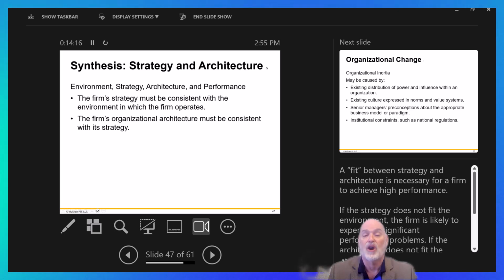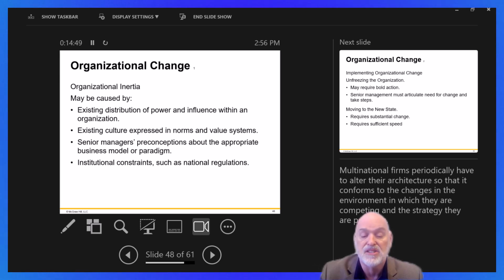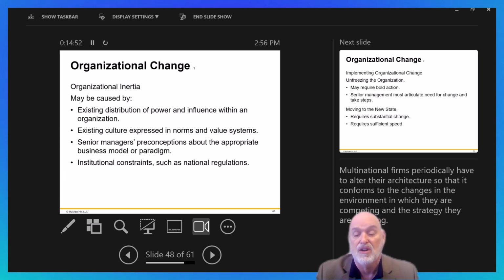Environment, strategy, architecture, and performance. The firm's strategy must be consistent with the environment in which the firm operates. The firm's organizational architecture must be consistent with its strategy. Organizational inertia. Well, it may be caused by the existing distribution of power and influence within an organization, existing culture expressed in norms and value systems, and senior managers' preconceptions about the appropriate business model or business paradigm, institutional constraints such as national regulations,